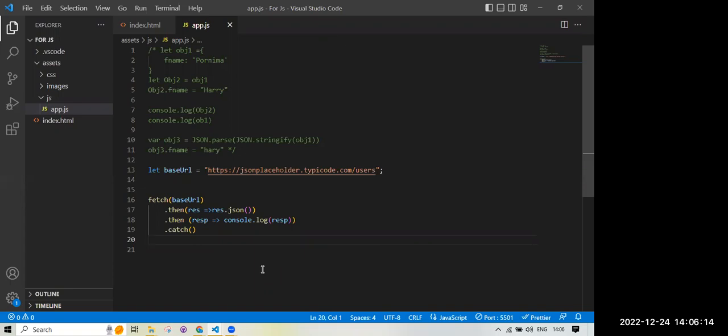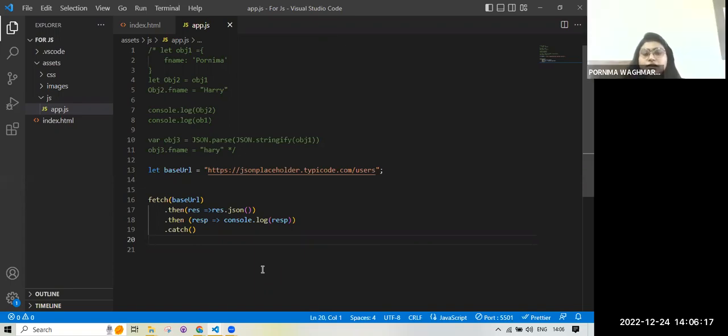What are the directives we have? There are three types of directives: attribute directive, structural directive, and component directive. Attribute directive is used for giving styles or conditional classes, such as ngClass and ngStyle. A structural directive differs from an attribute directive in that we use an asterisk in front of it, and it changes the structure of our web application.